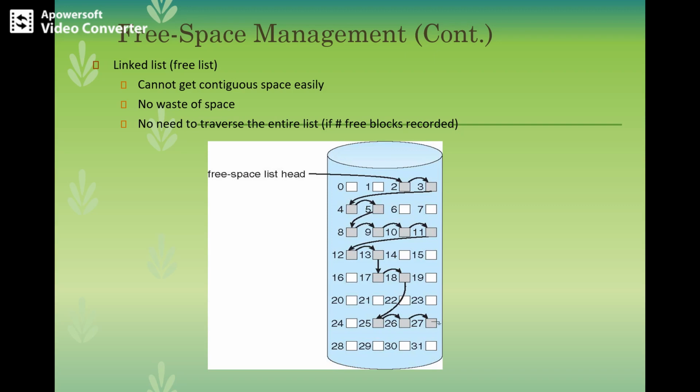We have seen the bit vector and how the bitmap makes free space allocation possible. In a bit vector, each block is represented by 1 bit. If the block is free, the bit value is 1, and if the block is allocated, the bit is set to 0. We have seen sequences of zeros and ones, where particular blocks are free and the rest are allocated. All the free blocks are set to 1, and the rest of the blocks are set to 0.